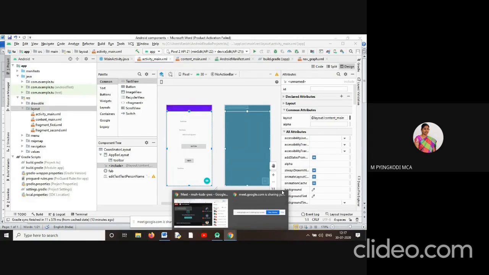So if we click WhatsApp, it will go and stay in the stack. If we click Gmail, that Gmail activity will go and stay in the stack. So it will be placing that activity in the stack.